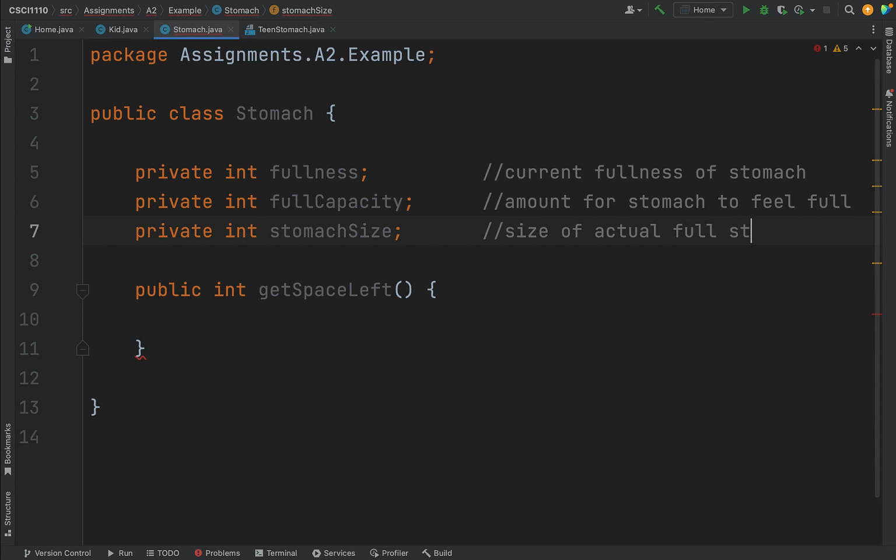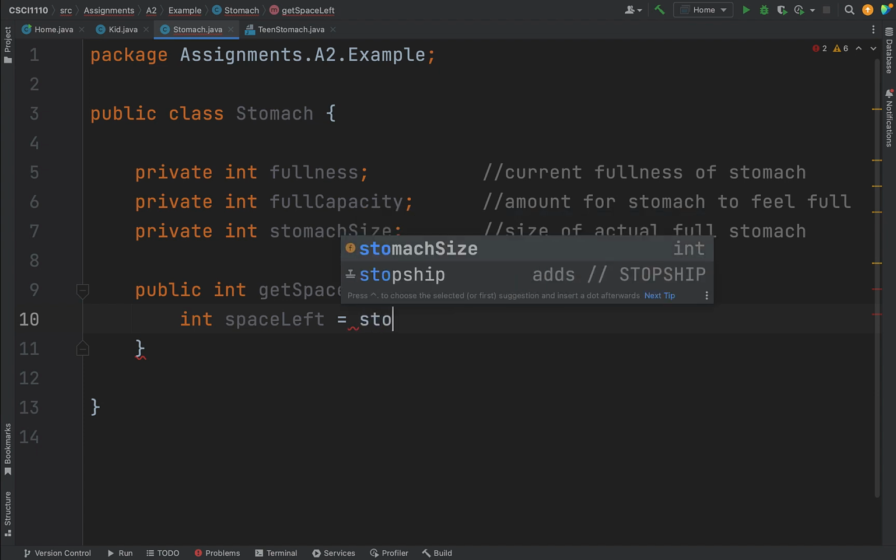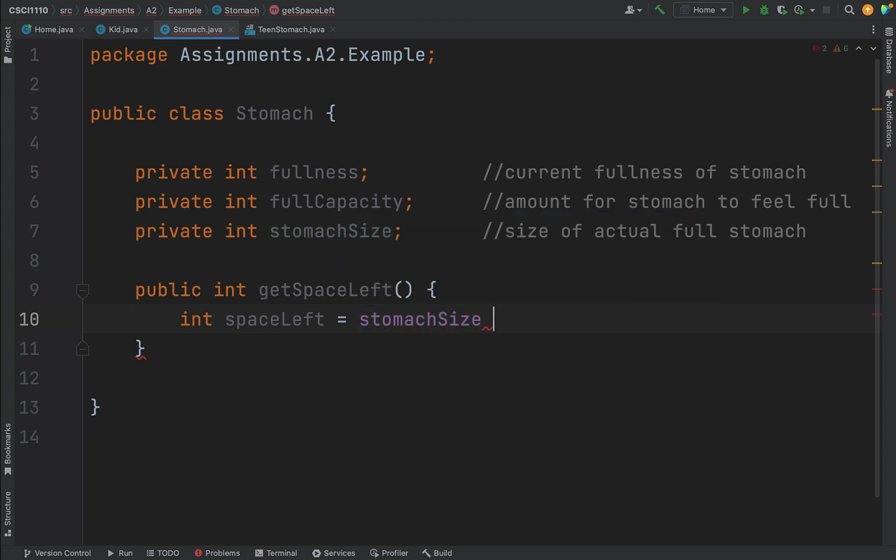So this would be how much actually fits in the stomach, where full capacity is what they actually feel is full. So get space left is about the stomach size minus the fullness, right? So what we want to essentially create is a variable called space left, and we're going to set that equal to the stomach size minus, in this case,